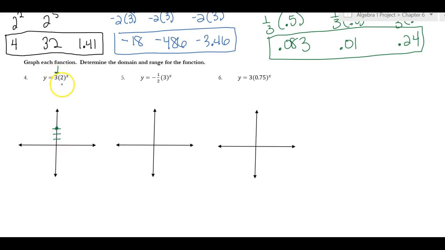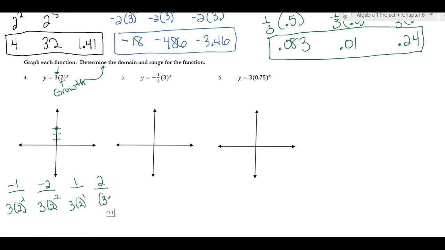Because this is greater than 1, it tells me that it's growth. So it should start out kind of flat and then grow away from the x-axis. What I'm asking you to do here is pick a point to the left and maybe 2 points to the right, well, actually we'll do 2 to the left, 2 to the right. So let's do -1, -2, 1, and 2. So 3 times 2 to the -1, 3 times 2 to the -2, 3 times 2 to the 1,